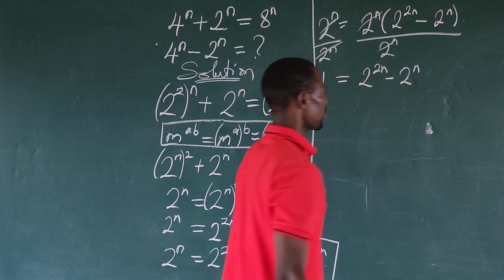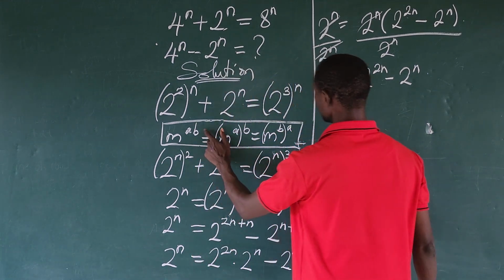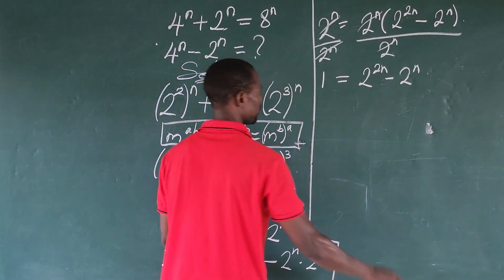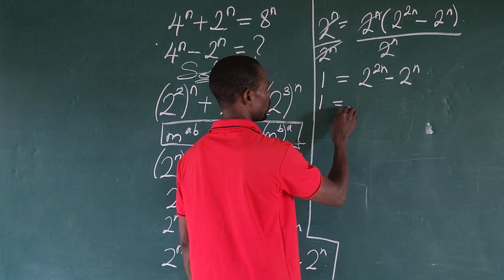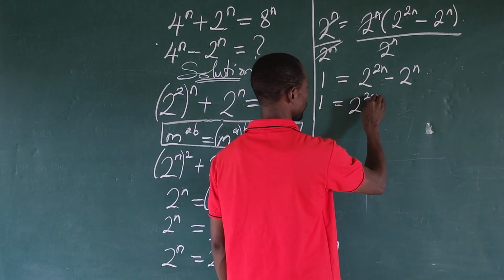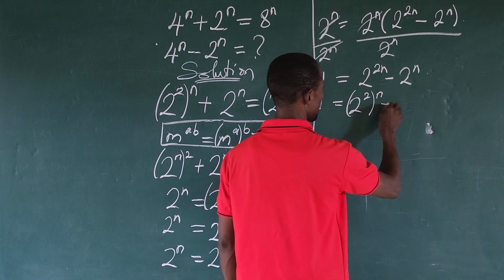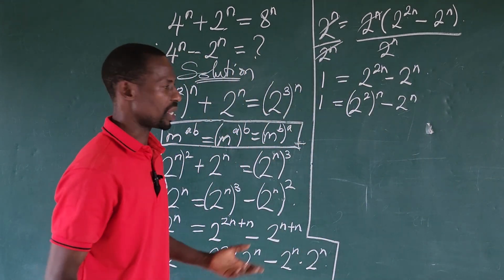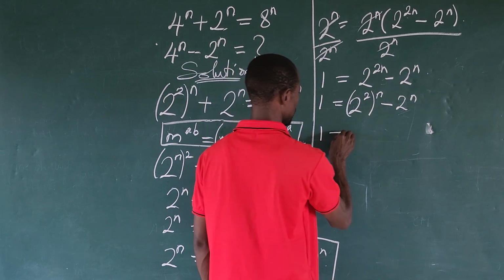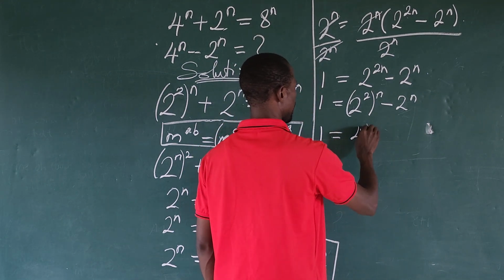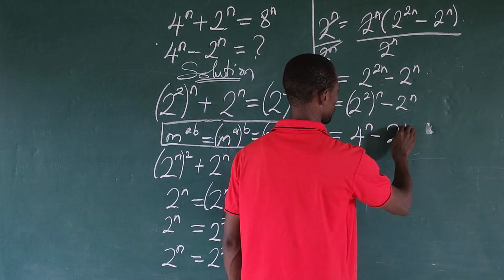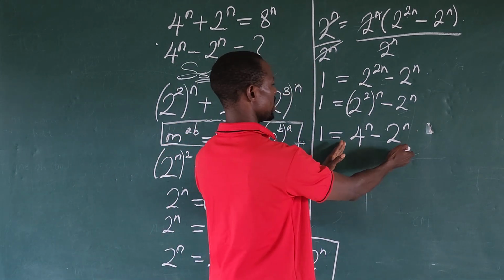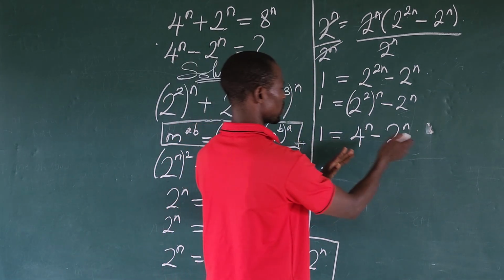Now again, look at this law. We can rewrite this as 2 to the power of 2, all to the power of n, right? So I have 1 equal to 2 to the power of 2, all to the power of n, minus 2 to the power of n. And what is 2 to the power of 2? That is 4. So we have 1 equal to 4 to the power of n minus 2 to the power of n. So therefore, if we rearrange, bring this quantity to this side,